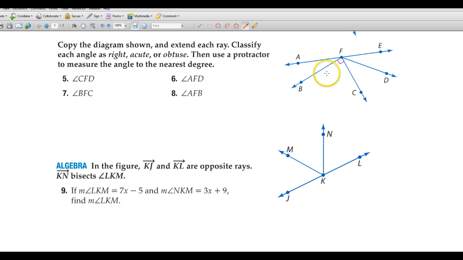On number 5, copy the diagram shown and extend each ray. Classify each angle as right, 90 degrees, acute, between 0 and 90, or obtuse, between 90 and 180. Then use a protractor to measure the angle to the nearest degree. So I'm just going to look at the angles here and give you an idea of what to do. So on number 5, angle CFD,